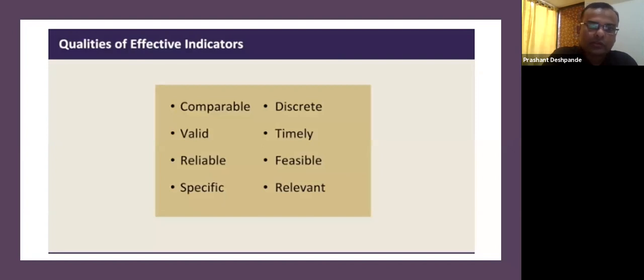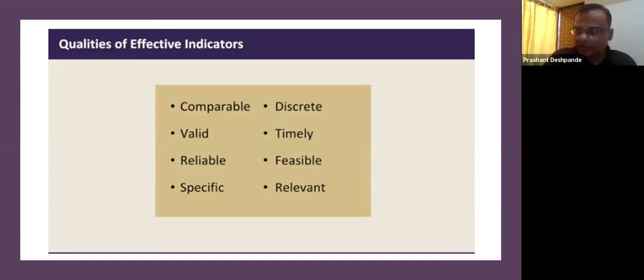Yes. So it should be able to measure one thing. It should be unique. You cannot have an indicator having two, three, multiple measurable things. It should give you one measurable thing. Then it should be timely. Timely means we have to monitor those indicators at regular intervals in a program or project, because as program managers, program directors or program staff, we have to see how we are progressing. So it should be monitored timely.